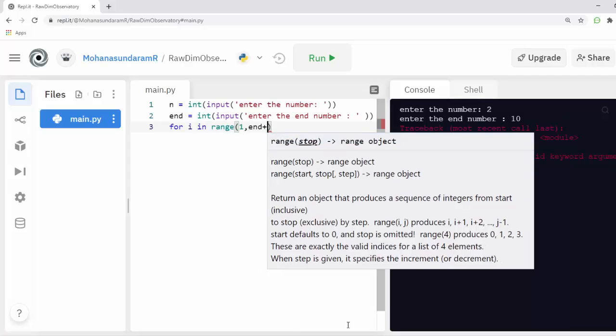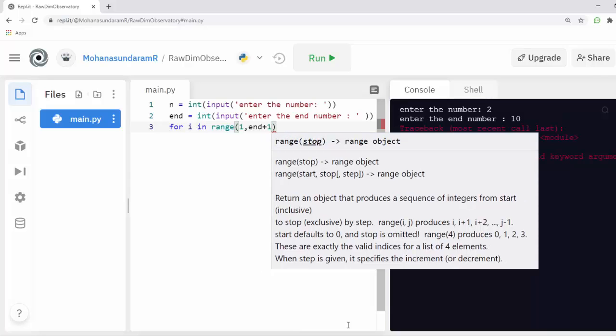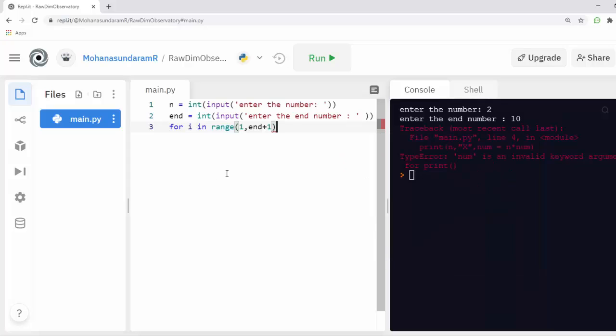plus 1. I'm adding end plus 1 here because if I'm doing 1 to end, in the range of 1 to end my value will stop before the value of end. For example, if my end value is 5, my program will stop when it comes to 4 itself. It will not perform the value of 5. That's why I'm adding plus 1 here, so that the end value is also calculated. Then I'm going to print